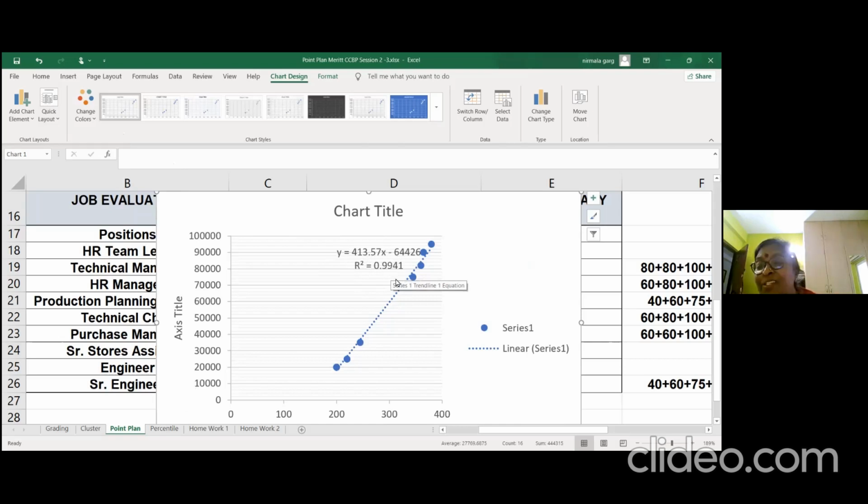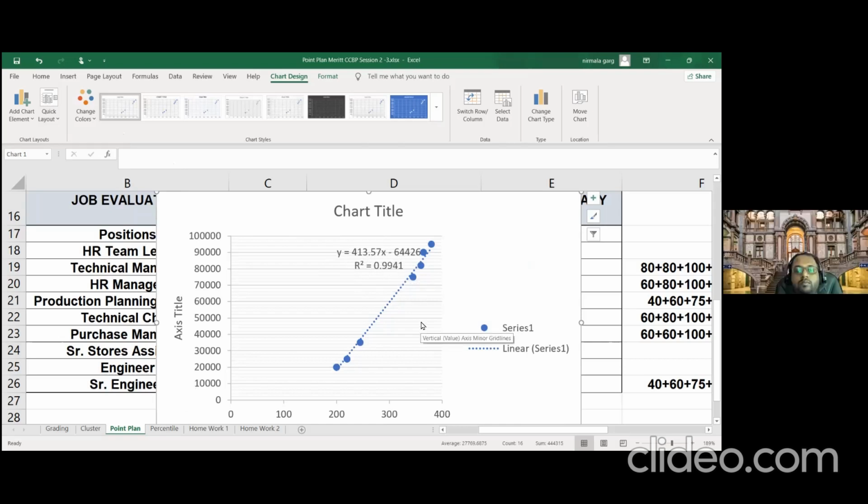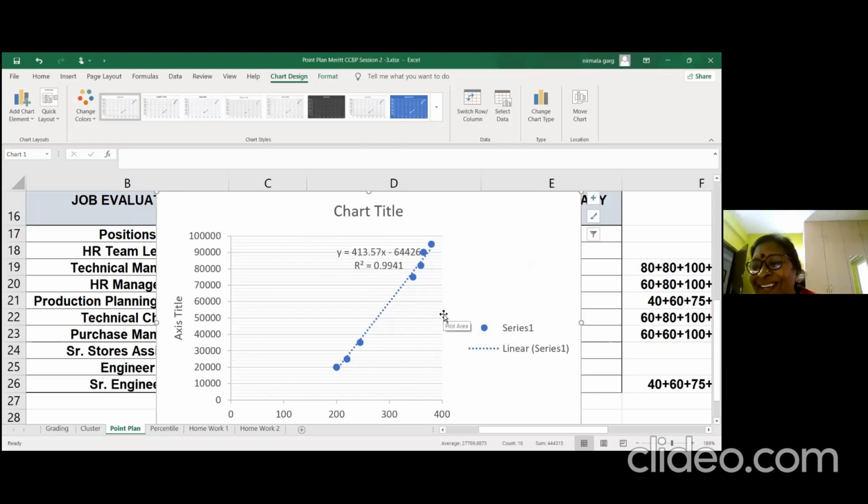The manipulation is to that extent that the data is almost too good, too perfect. On the ground, it can't be so much because there are so many other variables also coming. At best, it can be 95, 98. But yeah, sometimes it can be 99%. Are you with me?